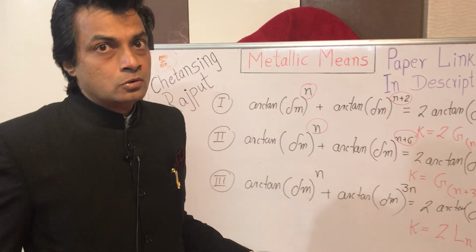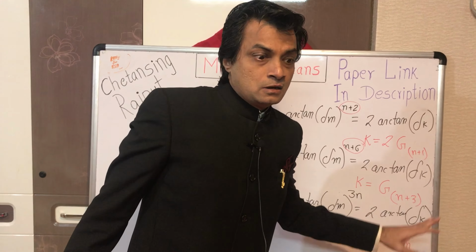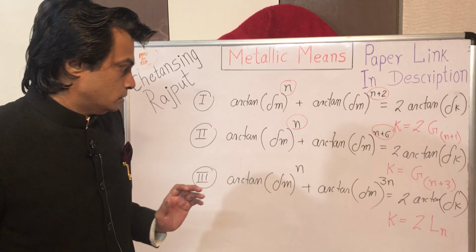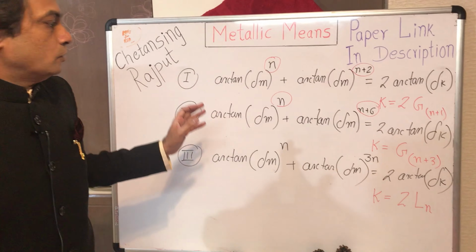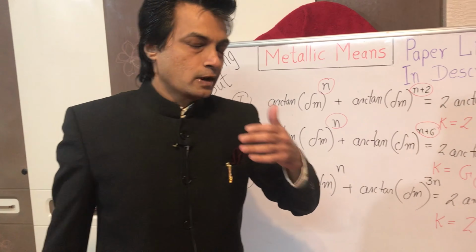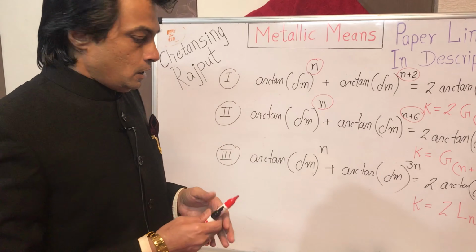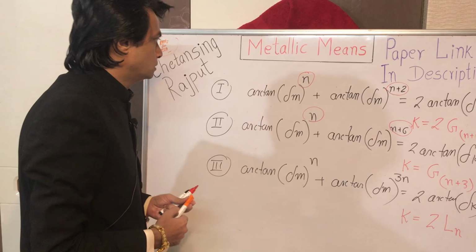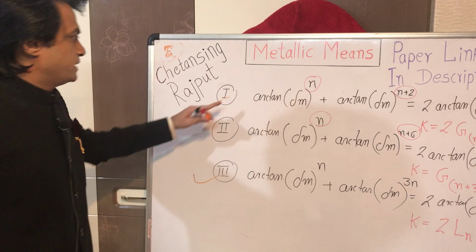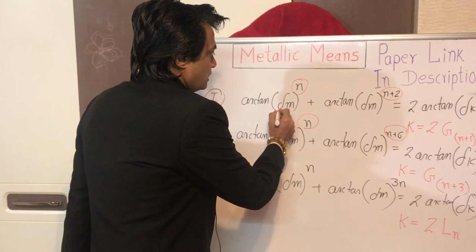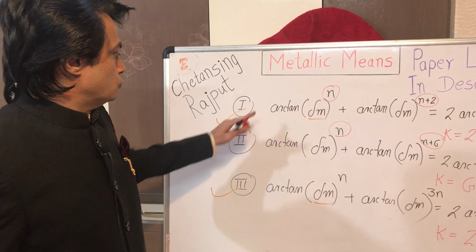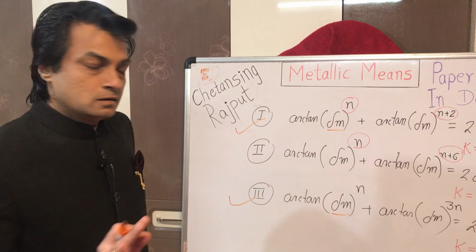If it is golden ratio, the Lucas sequence associated with Fibonacci numbers like 1, 3, 4, 7, 11, 18, 29 and so on. If it is silver ratio, the Lucas sequence associated with Pell numbers like 2, 6, 14, 34 and so on. One important thing I want to mention here, these couple of formulae, the first formula and the third formula, they are applicable in case of any metallic ratio, any mth metallic mean. These two formulae are applicable.